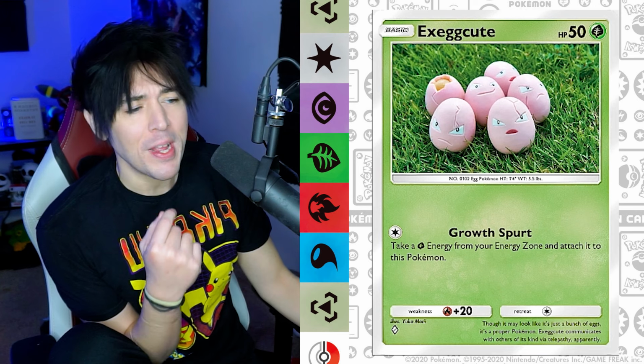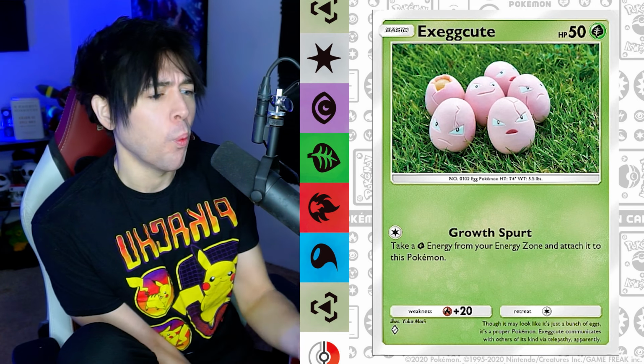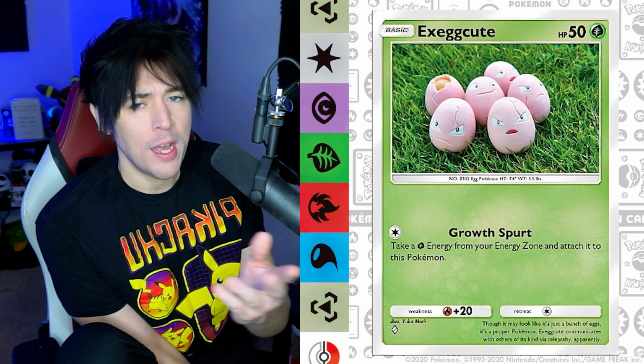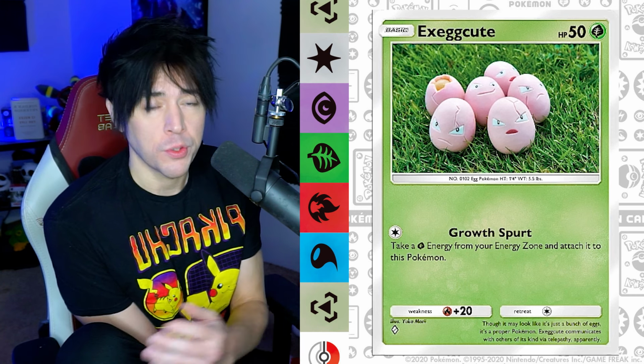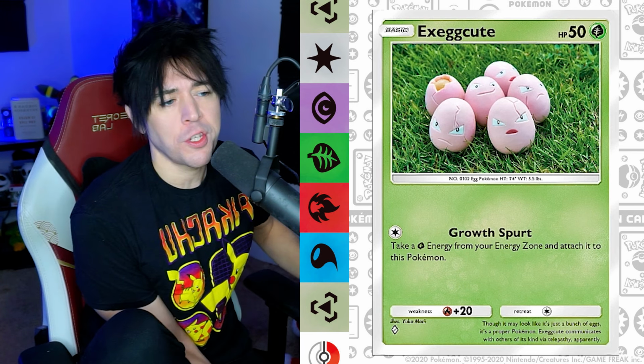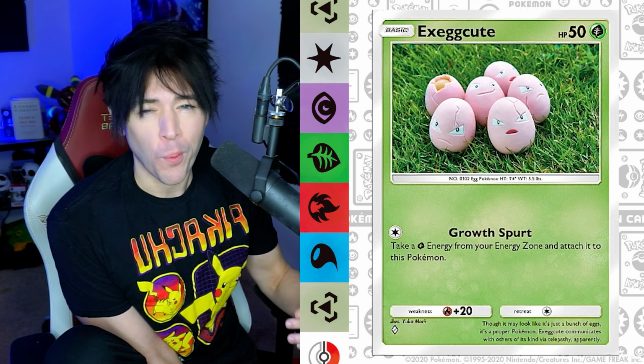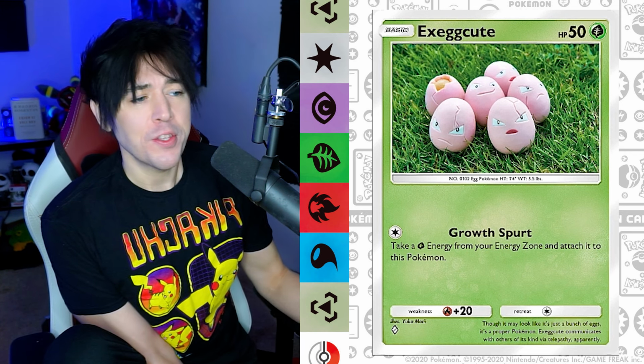surface. It still has 50 base health like the old Execute did, but this one has the Growth Spurt attack that takes 1 grass energy from your energy zone and attaches it to this Pokemon. It also still has 1 retreat. You might ask yourself, Josh, why would I play this instead of the old Execute? At least the old one can do some damage. Executor EX does not need more than 1 energy on it, and this can do a couple of things for